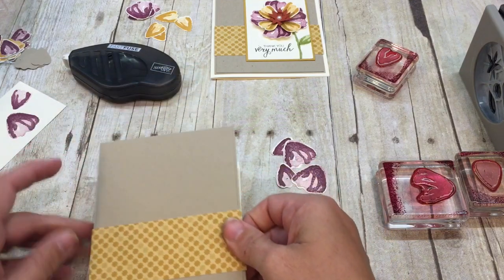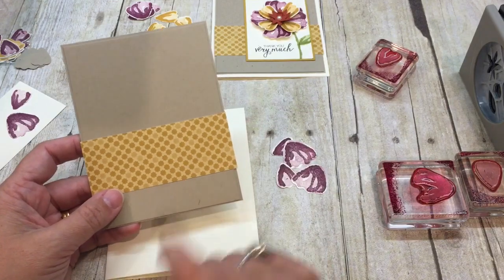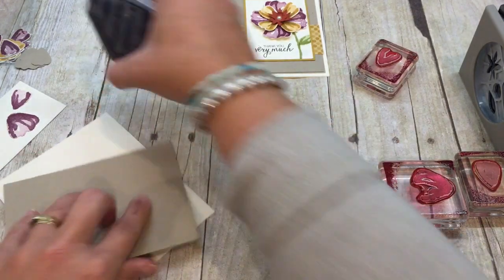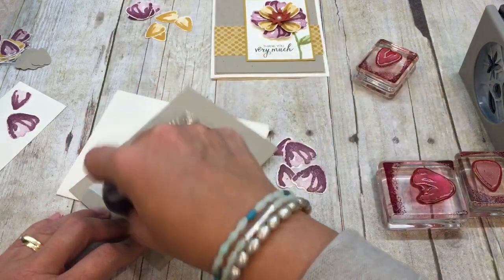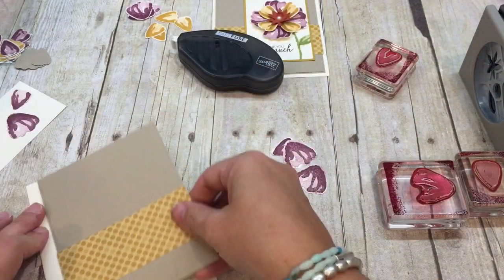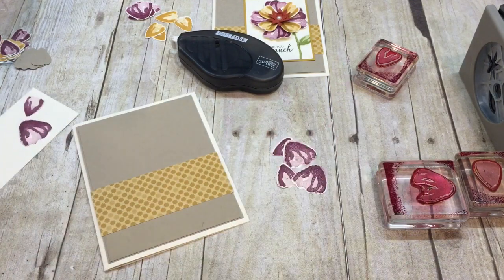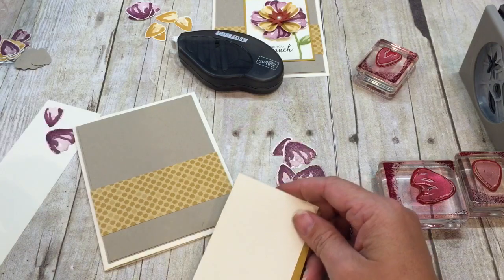Okay, so I've placed my printed paper. This is from the Moroccan DSP pack, and then I can adhere this to my card as well. So I've kind of built everything up. I kind of like these 2 layers of Crumb Cake cardstock. It just makes for a fancier card, I think. All right, now I have